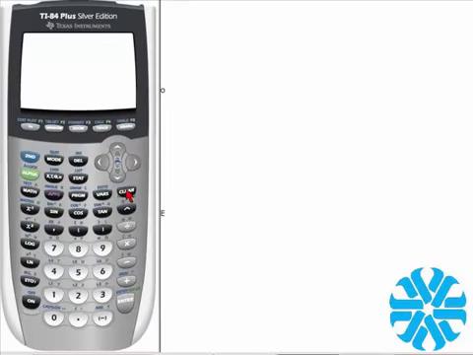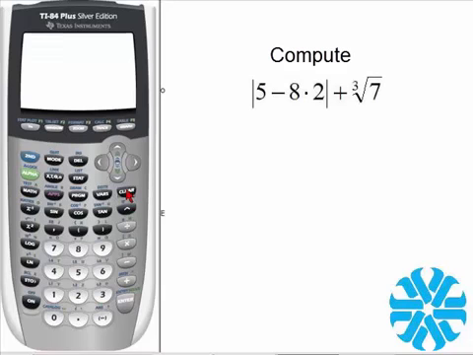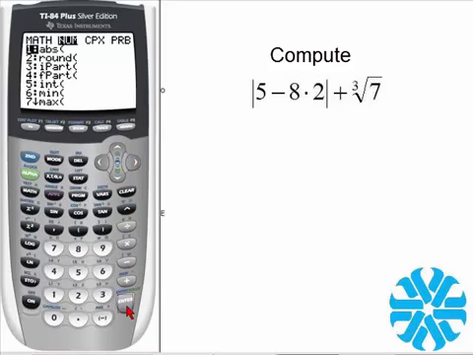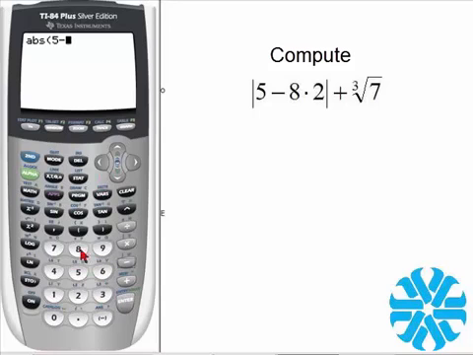The next example is to compute the absolute value of 5 minus 8 times 2 plus the cube root of 7. So that is the absolute value of 5 minus 8 times 2, close the absolute value symbol,